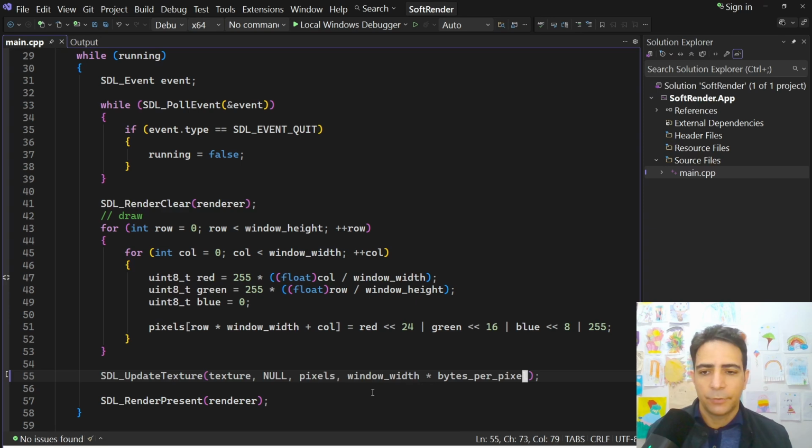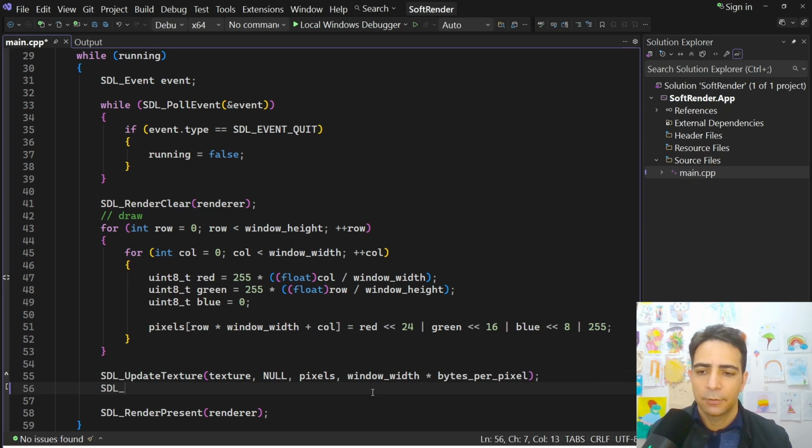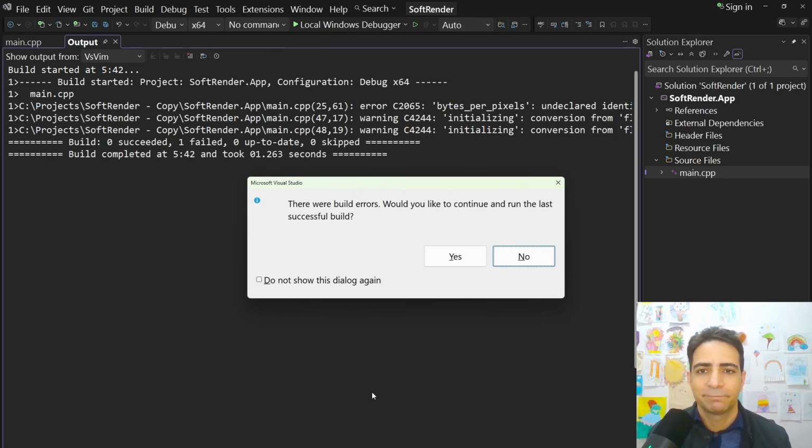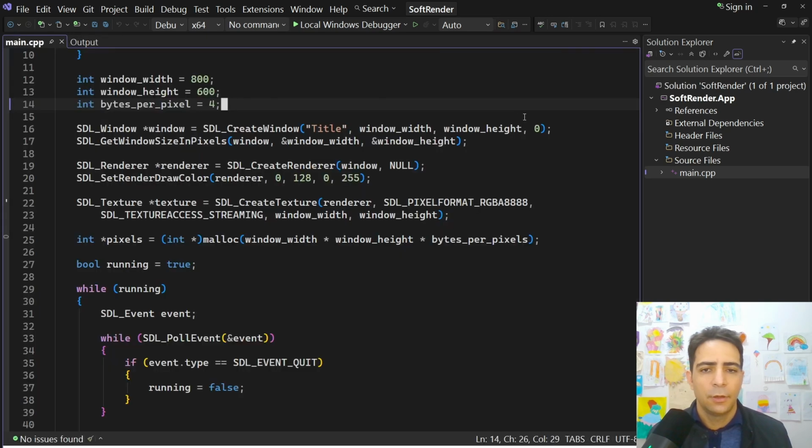So now the texture is created. All we have to do is put it on the screen using RenderTexture. The first argument is the renderer, then the texture, and the last two arguments are for when you want to put part of the texture on part of the screen. We don't do that. So now if you press F5, okay, it's just a typo. So let's come here, pixels,